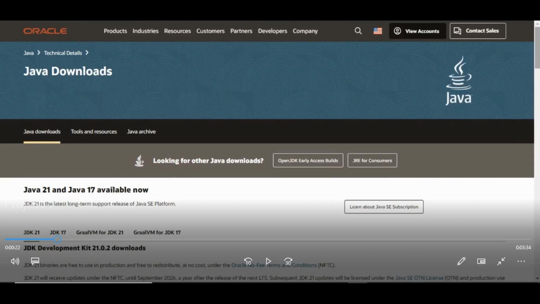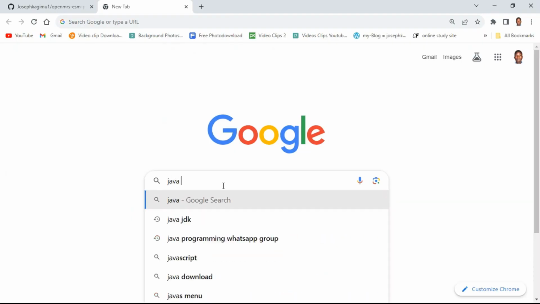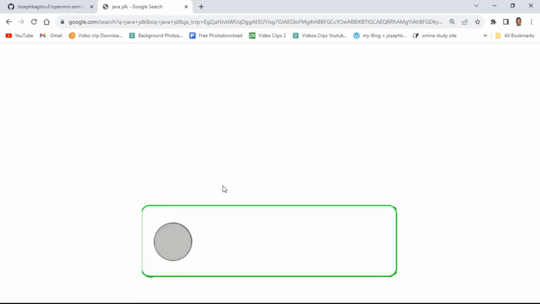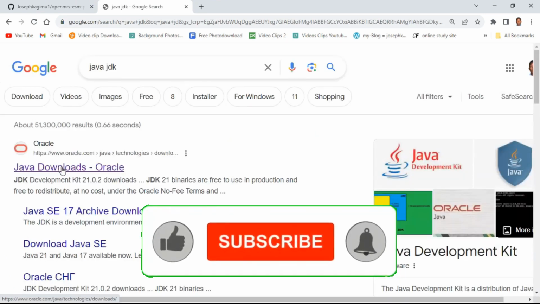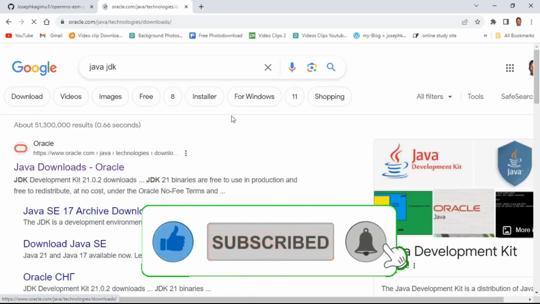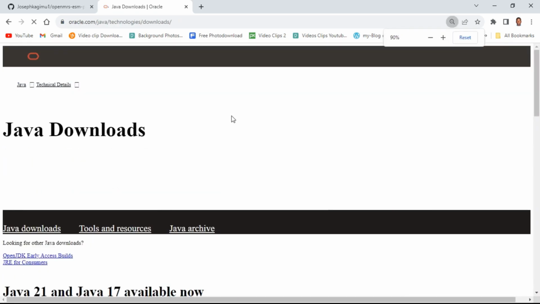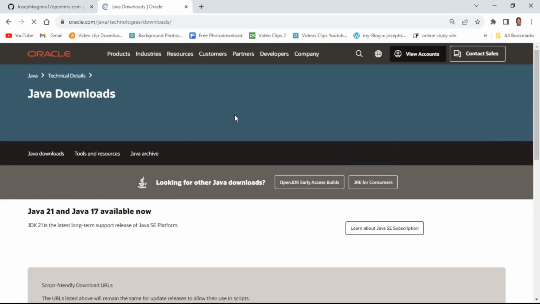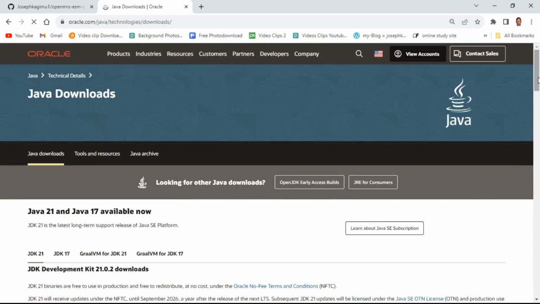Alright guys, today let's have a look at how to download Java and see how we can install it. Just go to Google and type in Java JDK. You'll be taken to the Java site, the first one. Select the first option and then you'll be taken to the site where you can download Java. Once you scroll down,